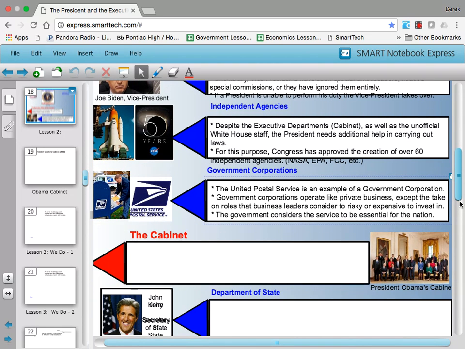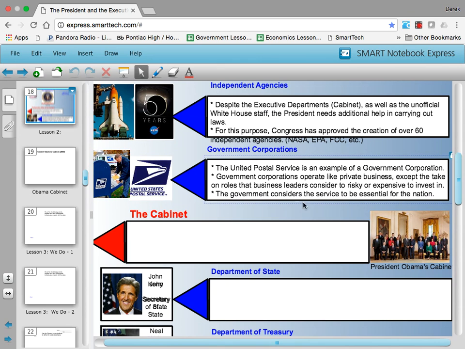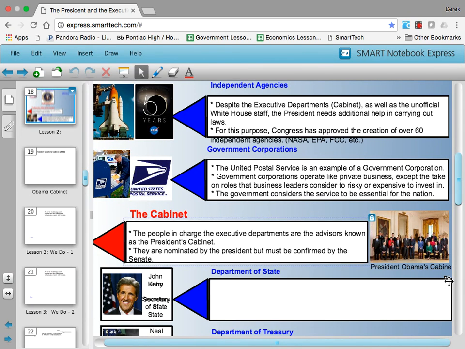These are the most important, most public members of the president's staff. These people are in charge of the executive departments, okay, the big important areas of government. They are advisors to the president, so the president still kind of has overall authority in all of these issues, but frequently will allow these individuals quite a bit of freedom in how they run their agencies. This is the presidential cabinet.